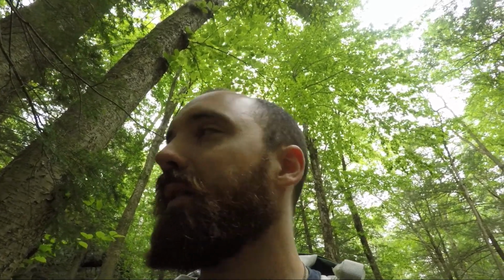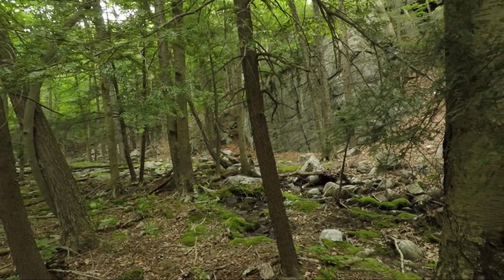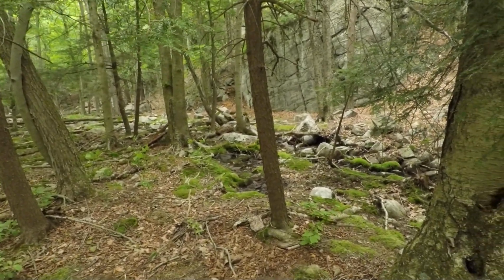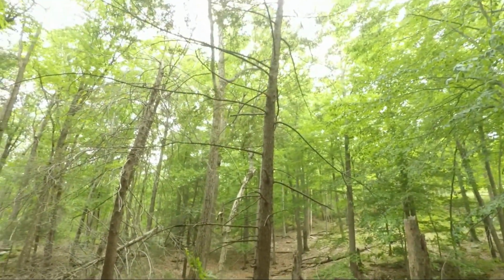These, as far as I'm aware, these hemlocks, and this one just for scientific name, Tsuga canadensis, they don't really have any edible value as far as I know, but they're a very shade-loving tree. So you could tell that a forest is getting towards its later stages when you find these here, because they only grow and seed and start to come up in shade. And that's where we're at right now. We're at shade. And some of these are big, so we've had some shade here for a while,